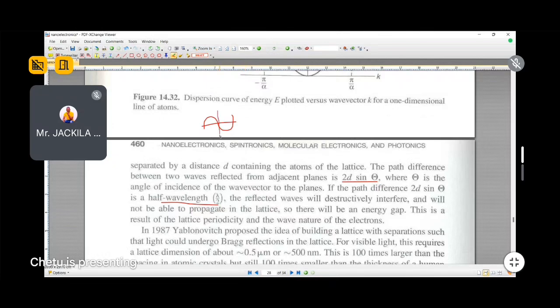Suppose this is N1 and this is N2, and this is greater than this. N1 is the refractive index of, say, air, and N2 is the refractive index of, say, water. So from a rarer medium to a denser medium, if the wave is going, it will not change its phase. But suppose the wave is going in the opposite direction, from water to air. From the denser medium it goes like this, but while coming out again it will acquire the